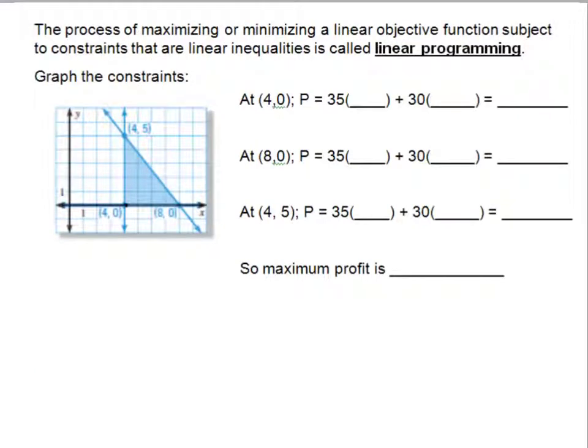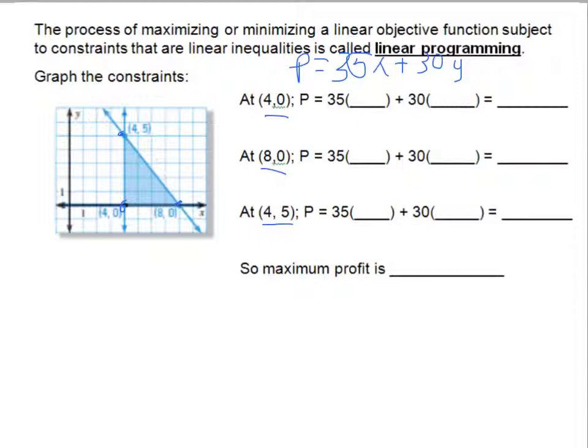Okay. If you look at the graph, notice that I've filled in a lot of the blanks already for you. We've already done the graph. I've already colored in the feasible region for you. All we need to do now is plug in the vertices, so (4, 0), (8, 0), and (4, 5), into our function 35x plus 30y,